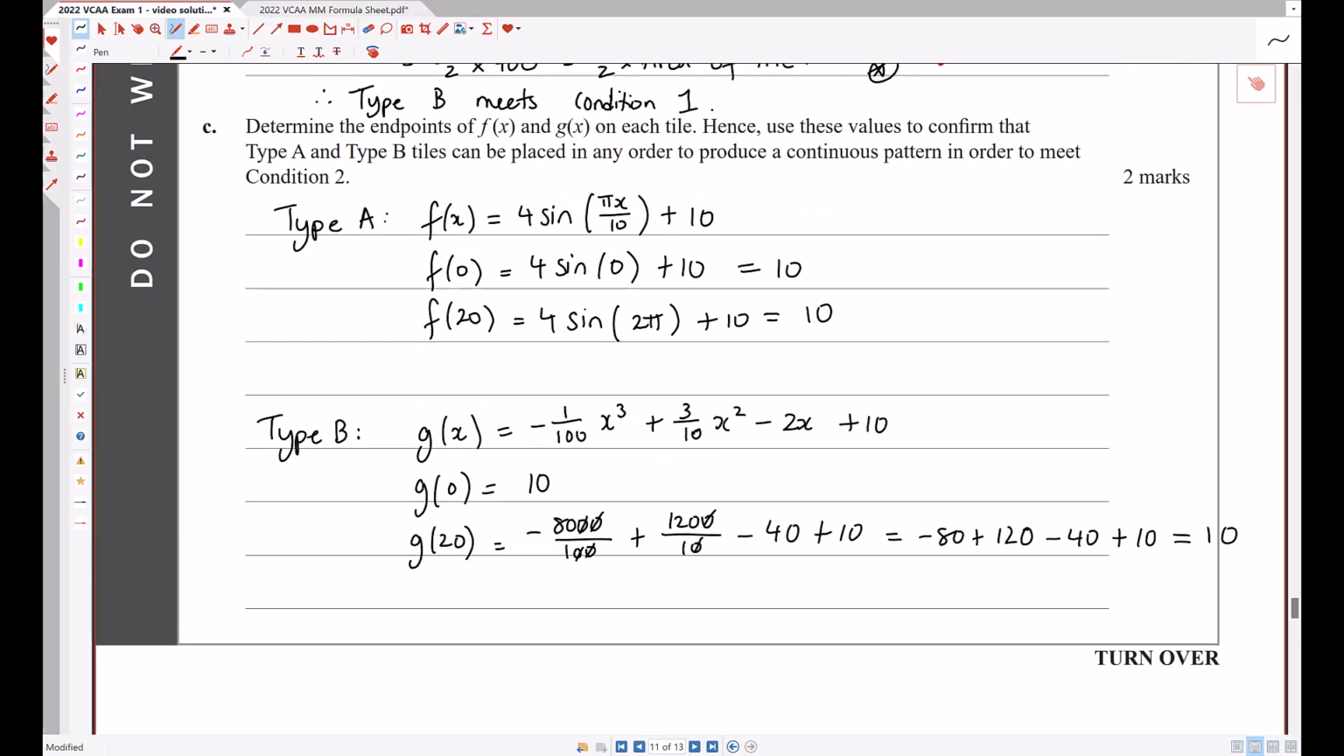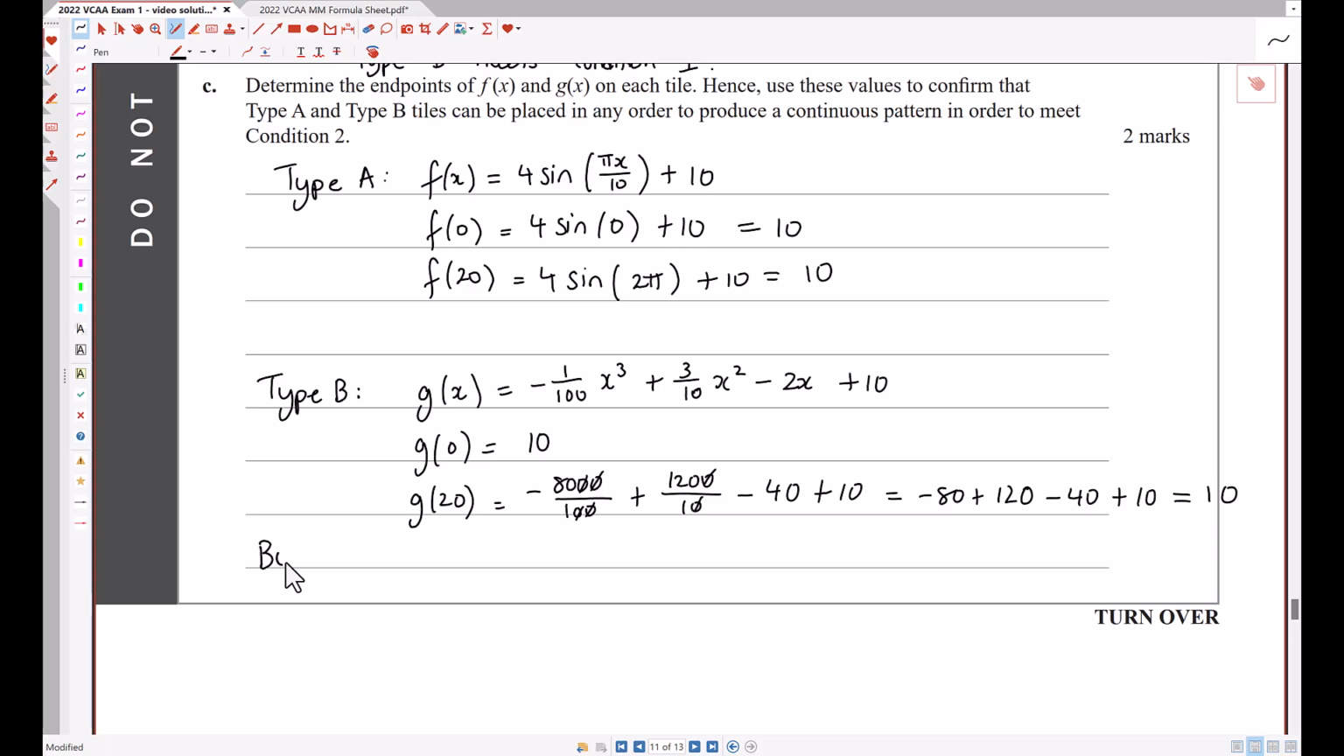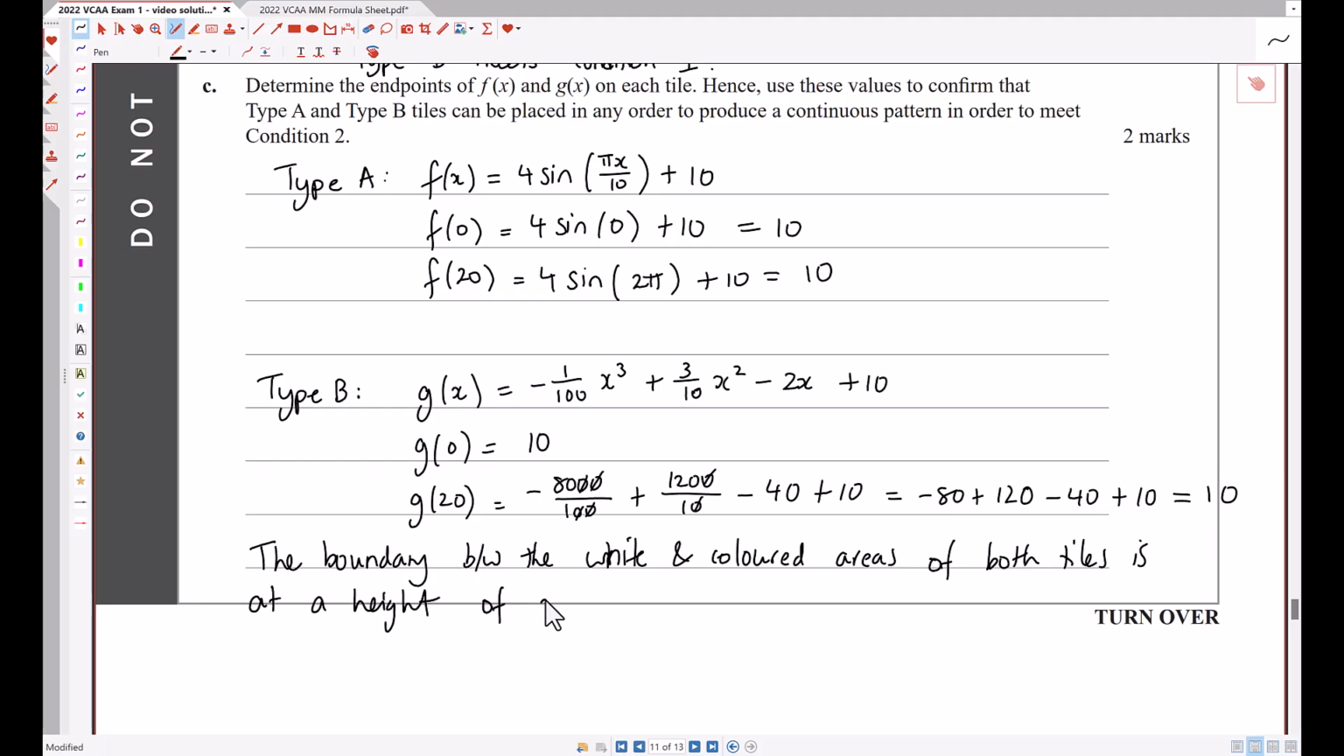Okay, so again, we need to make a conclusion from this. Determine the endpoints of f of x and g of x on each tile. So we've done that. Hence, use these values to confirm that type A and type B tiles can be placed in any order to produce a continuous pattern in order to meet condition 2. Sorry, I'm just trying to think how best to phrase it. Perhaps the boundary between the white and coloured areas of both tiles is at a height of 10 centimetres at both edges,